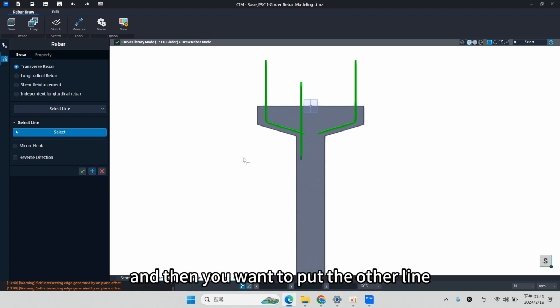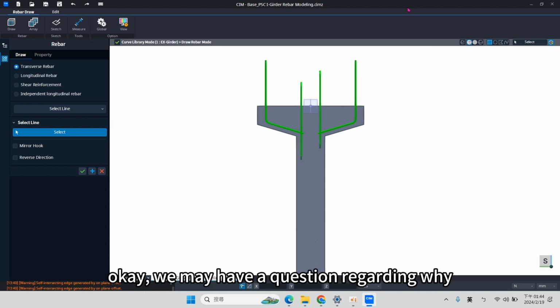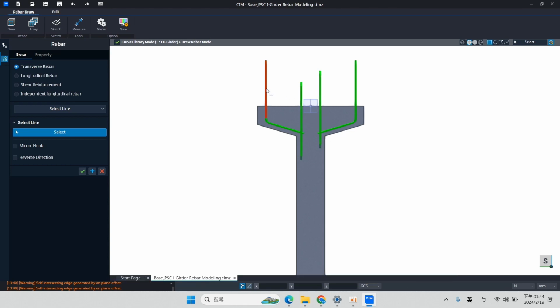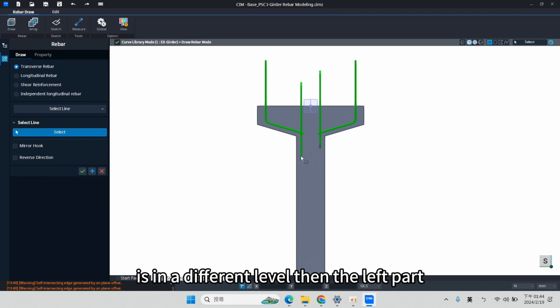And then you want to click in the other line here, and click on. Okay. You may have a question regarding why the mirror shear connection inside is in a different level.